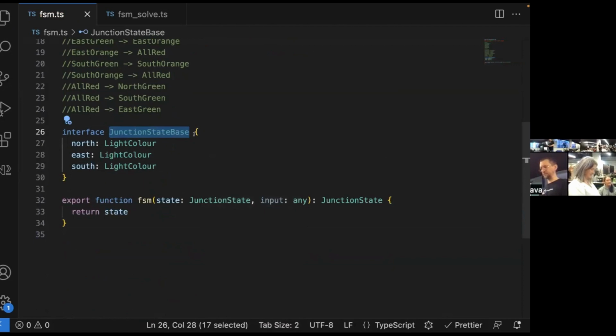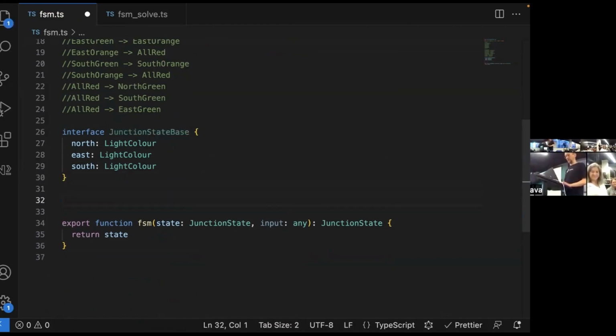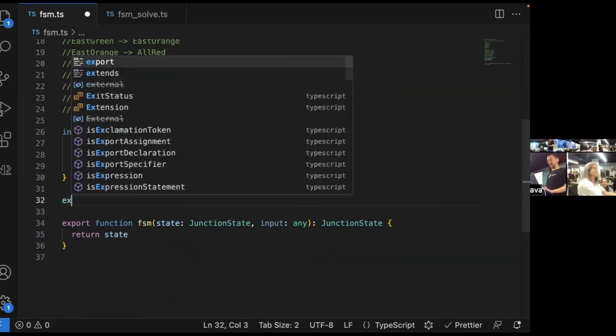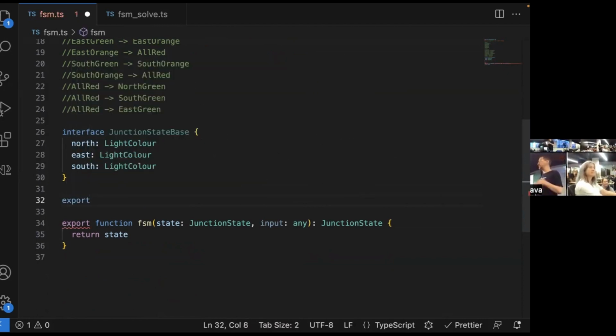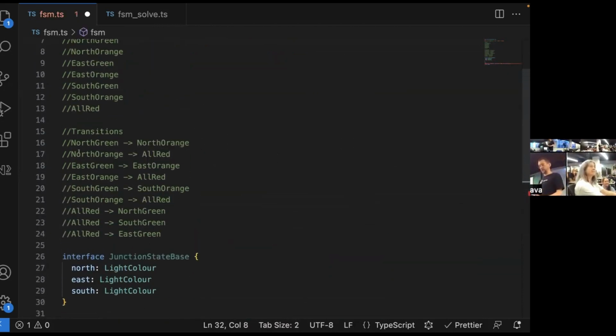And so, remember, this was the state that I said was a terrible way to model things, right? Remember that one? This is a terrible state. The only reason I'm doing this is so that we can make it easier to create the actual states, right?